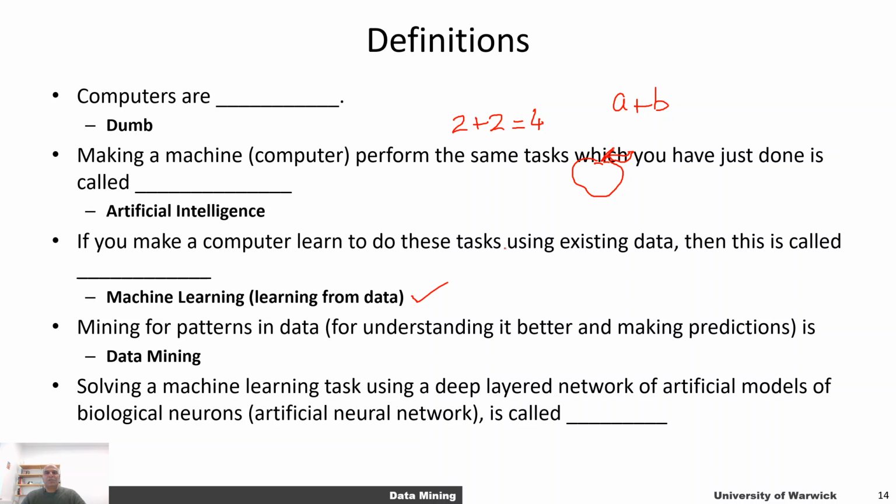And if you want to use specific types of machine learning models called neural networks, which are an abstraction of how the neurons in our brain work, then that is called deep learning or neural modeling. So these are a set of very loose definitions. The one thing I want you to realize, and you may want to discuss that with me, is